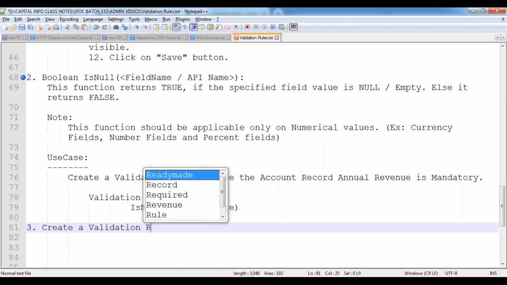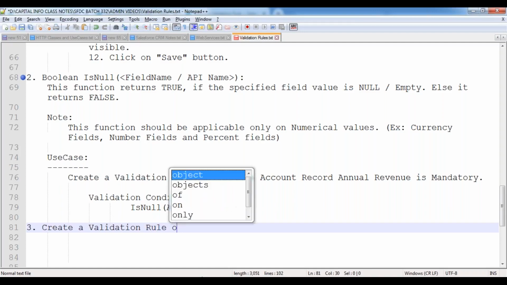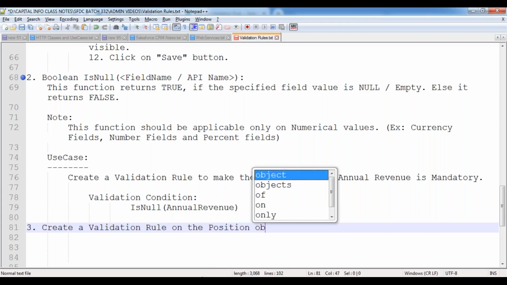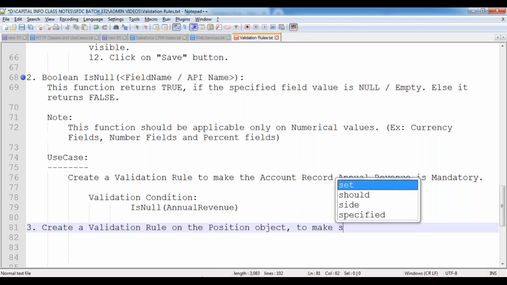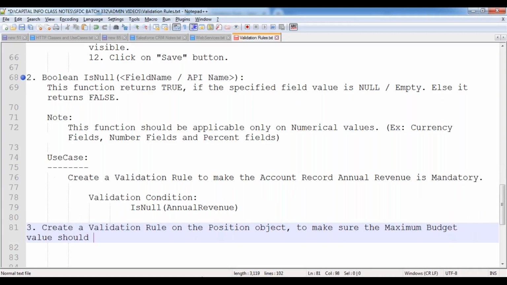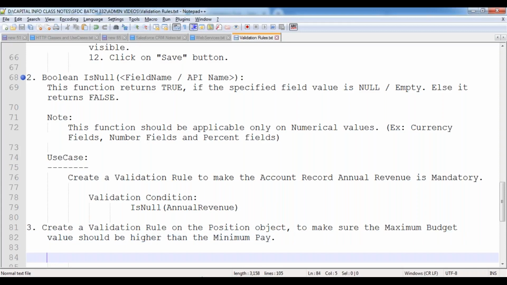Create a validation rule on the position object to make sure the maximum budget value should be higher than the minimum pay.